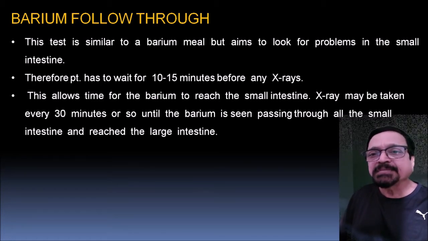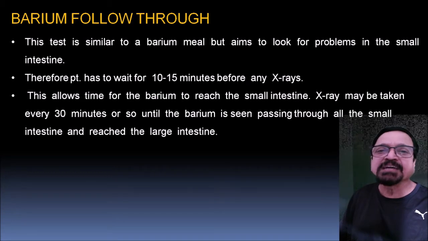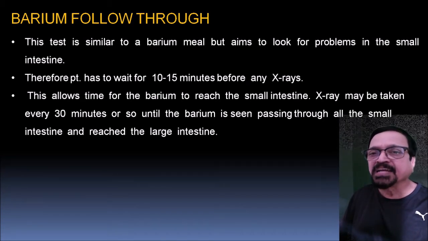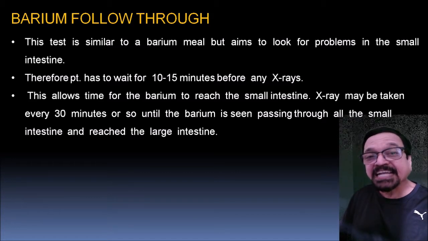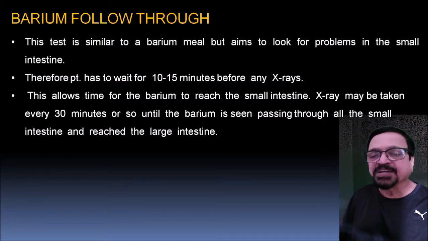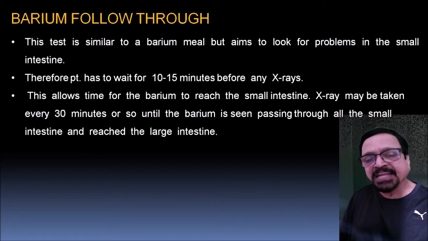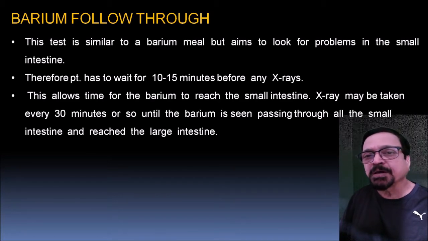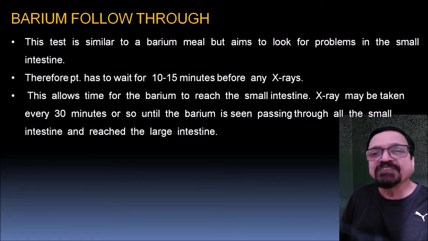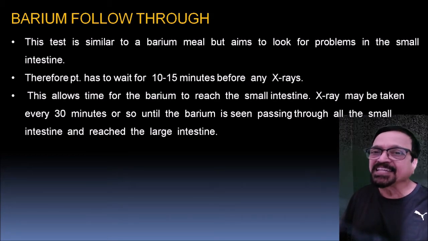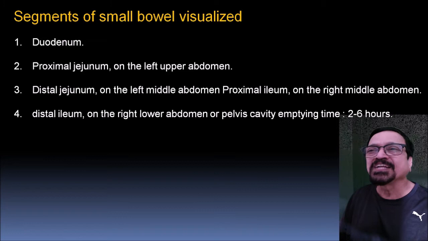Now to estimate a time of 30 minutes is sometimes not a correct thing. We have to take a film after giving the barium and guess what the transit time is. Transit time is the time taken by barium to travel from the duodenum up to the ileocecal junction. It varies from 30 minutes to 3 hours. So it may happen that if we delay, the barium will go into the large bowel and we will end up with not a good study.